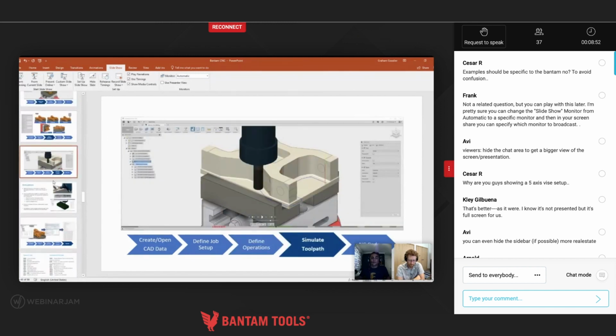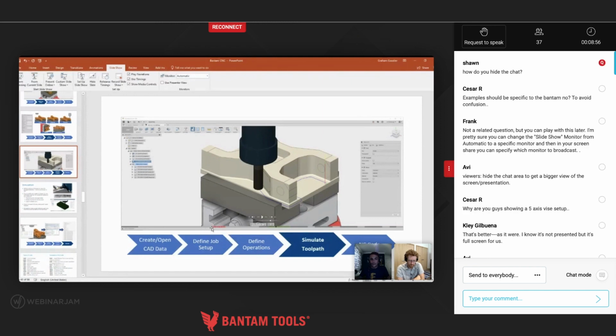We can simulate a toolpath, again, to make sure there are no collisions or gouges. If there are any, we can see that it is a red node. We can find and amend those if we need to. But if